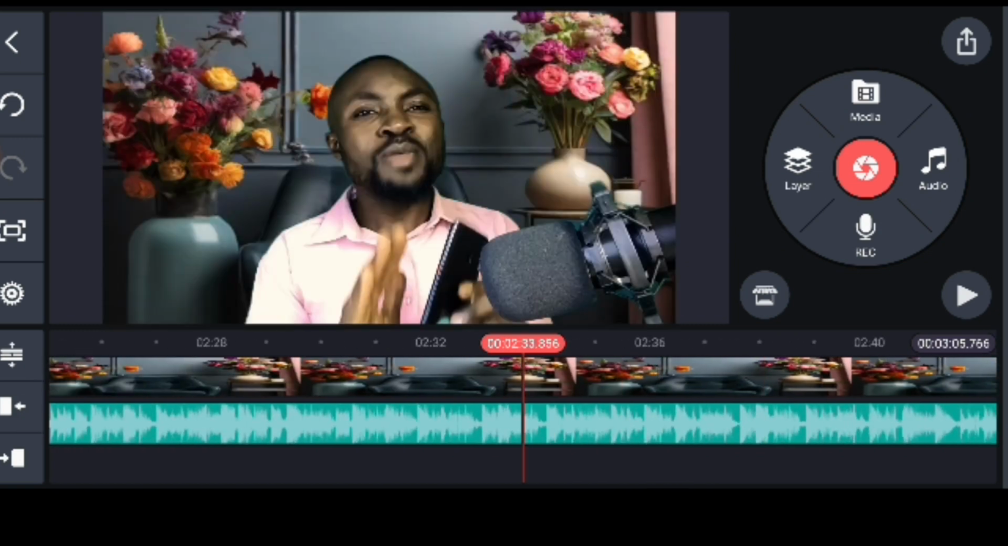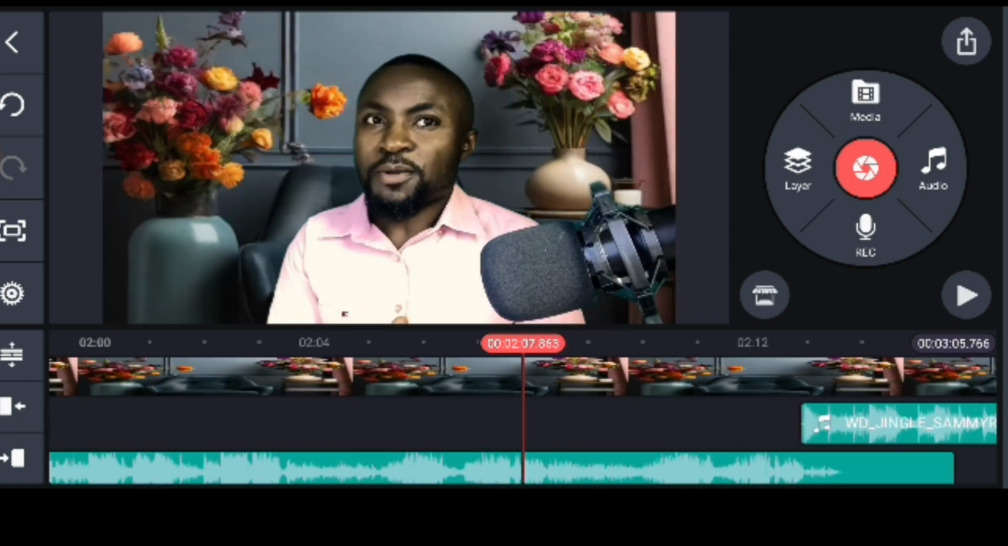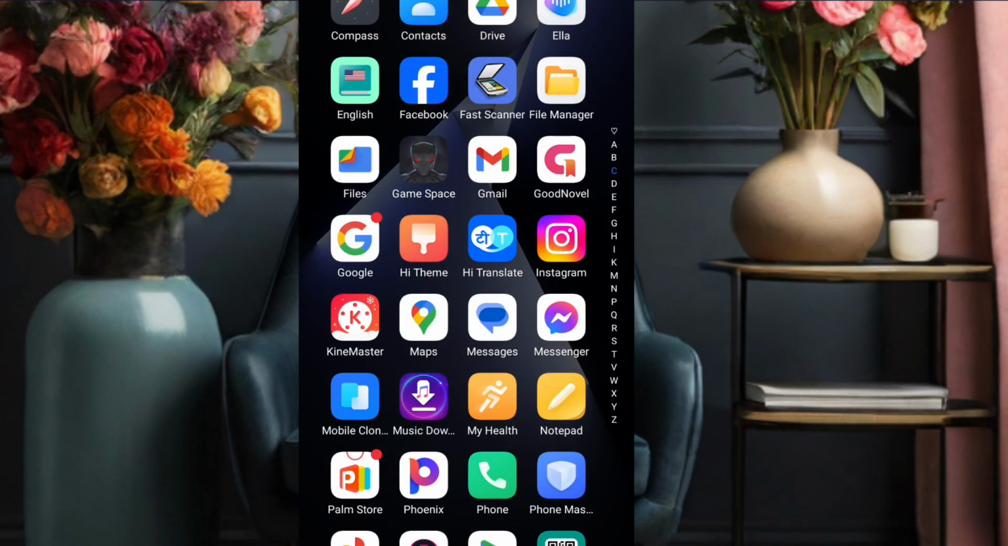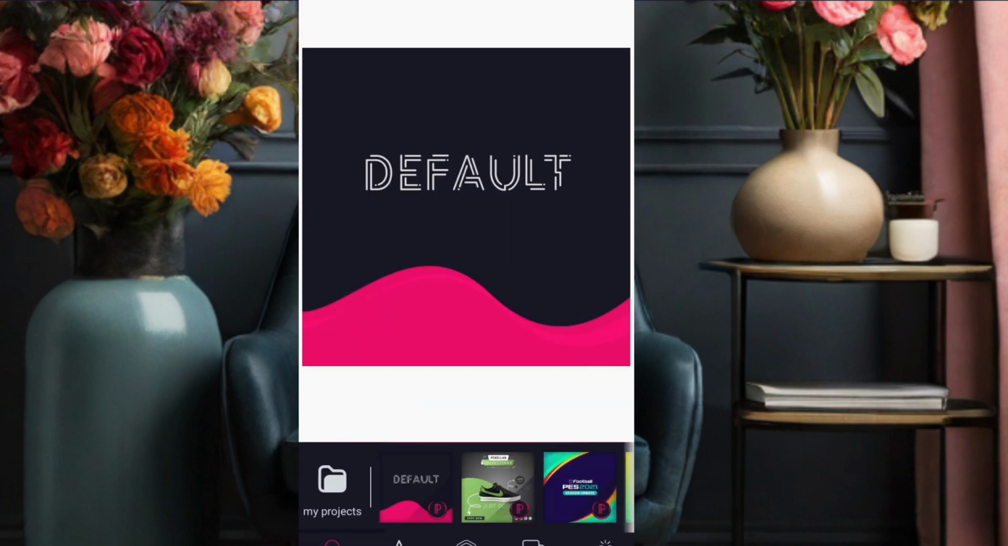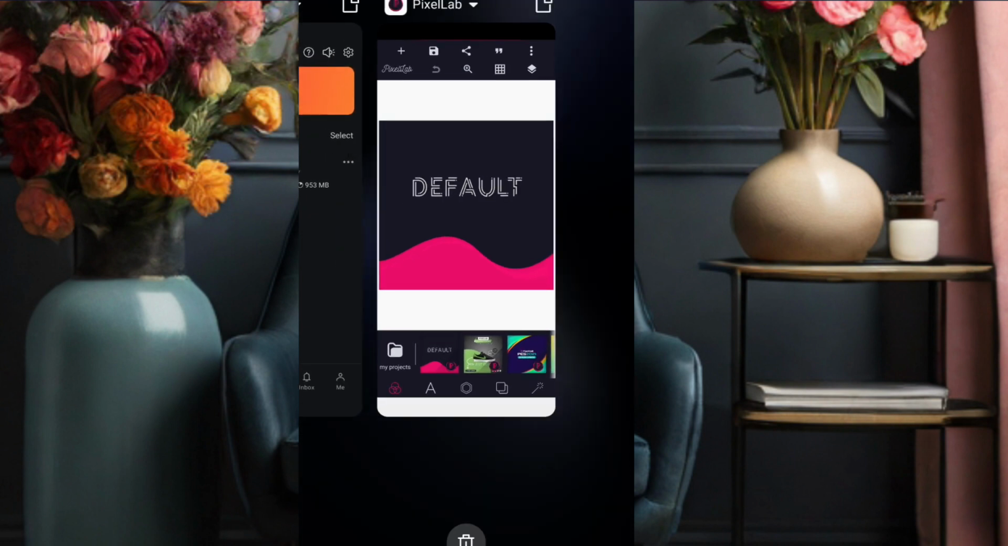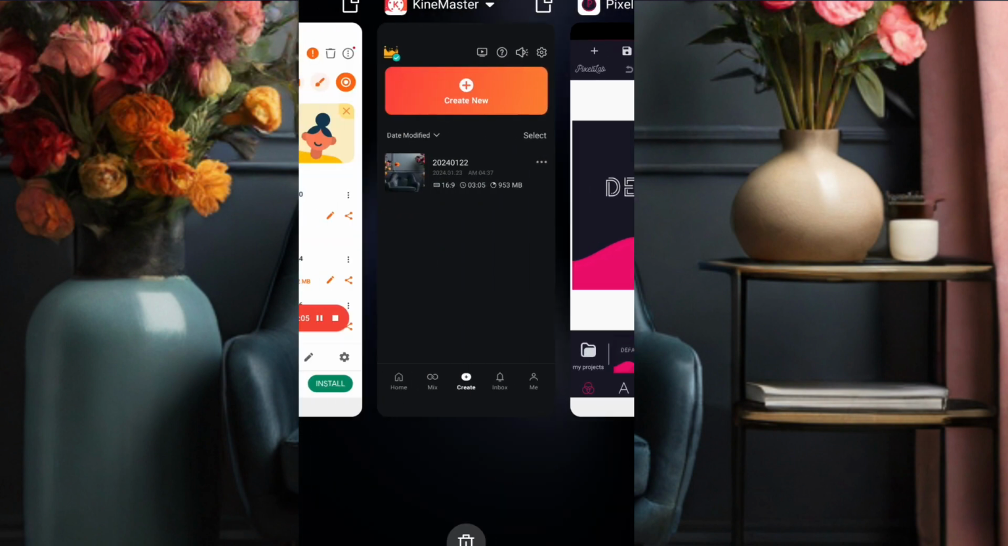This is how the KineMaster looks like. This is the interface of the KineMaster. We equally need a different tool called Pixelab. This app is used to design and do a lot more. So after you have shot your video,